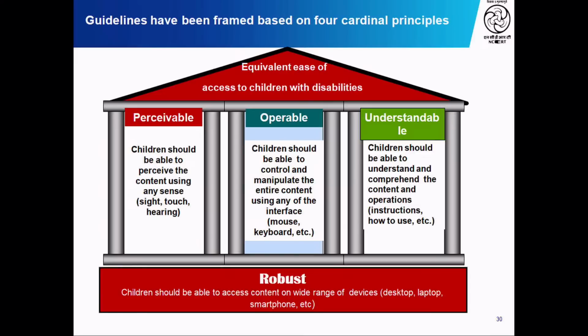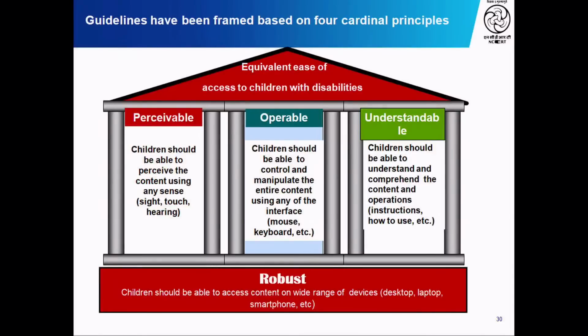Now, these guidelines, when we are talking to people about them in this material, we have very clearly said that they have to be framed on 4 cardinal principles. And these are natural things that a child would want in anything that's shown to him. The child should be able to perceive the content using any sense, whether it's sight, touch or hearing. The child should have control because they don't like someone else manipulating it for them. The children should also understand and comprehend the content and the operations and instructions. And this exercise should be robust, and children should be able to access the content on a wide range of